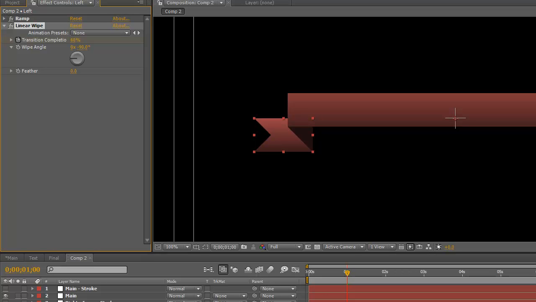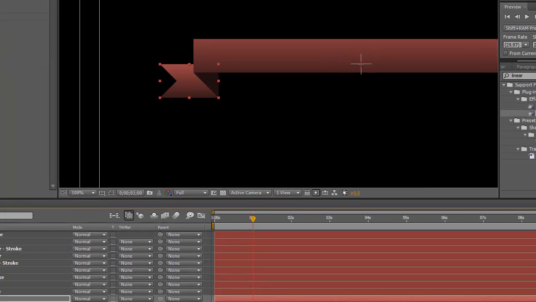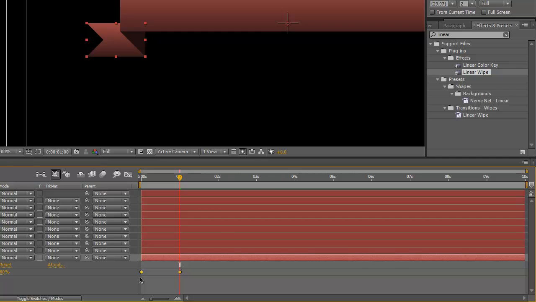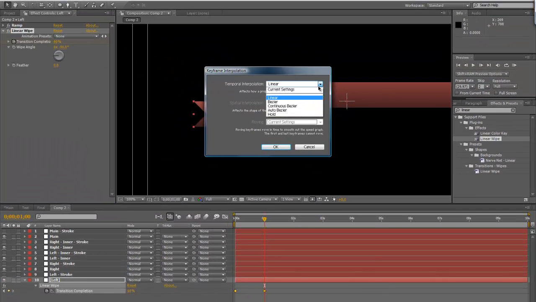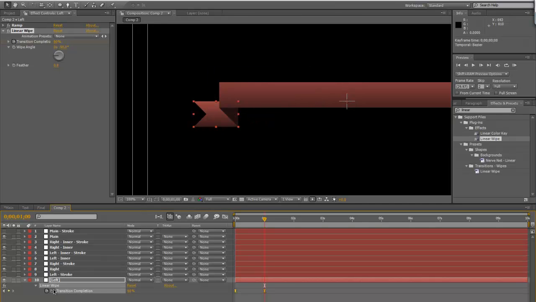Hit U. Grab both of those. Right click, keyframe interpolation, change it to Bezier. There we go. So it comes on, it's not linear keyframes, and then the next is this